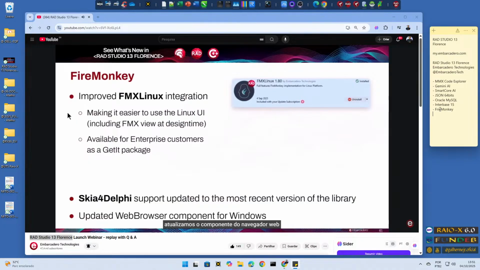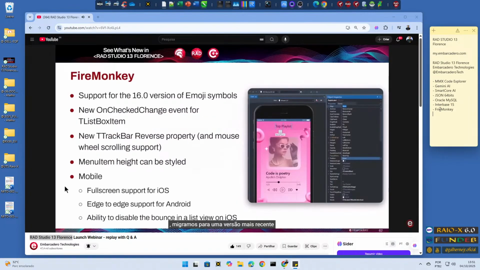And, well, we have updated the web browser component for Windows, again, similarly to what we've done for other platforms, with the new WebView 2 control integration. We have moved to a newer version of the emoji symbol library. We have added new event handlers in a number of components, allowing the ability to reverse the logic of the